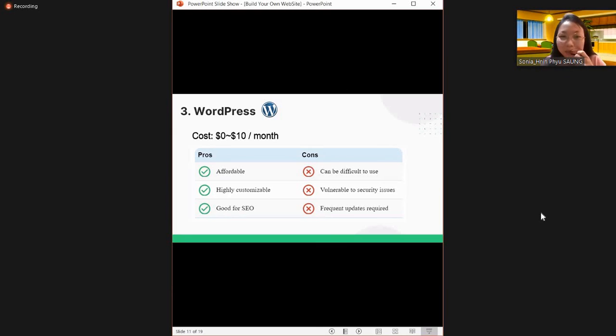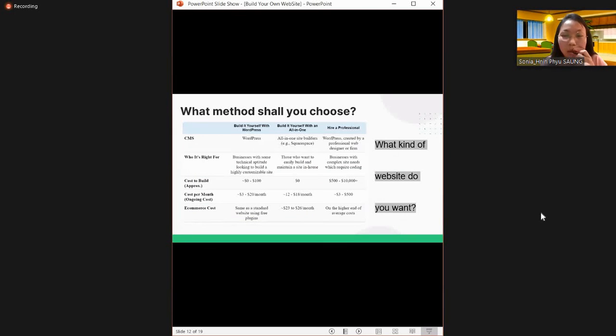Okay, it's not that simple. The key factor is what kind of website do you want. If you just want a simple portfolio or a simple website to sell something, you can go for the web builder. Or if you want your website to be more creative and a bit more professional, you can try WordPress. But finally, if you don't want to do it yourself or your website is super complicated, then hire a